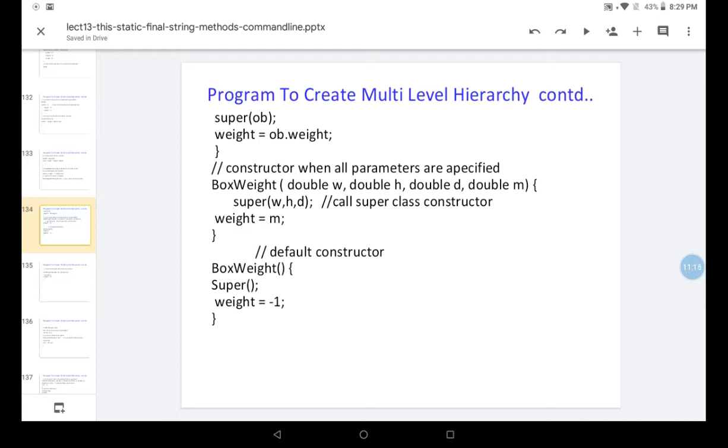So we are calling that superclass constructor, and here we are initializing m to the weight instance variable. Next, for another default constructor we are also calling the superclass constructor, and for the other values and for weight we are initializing here.